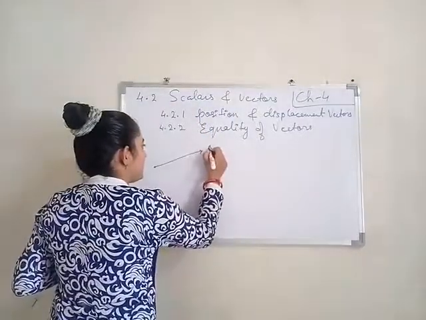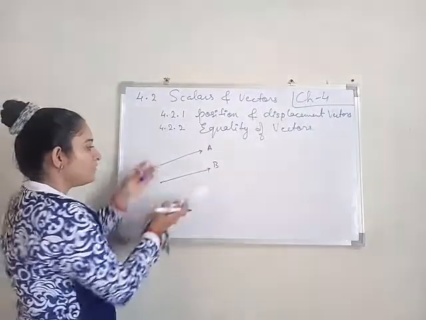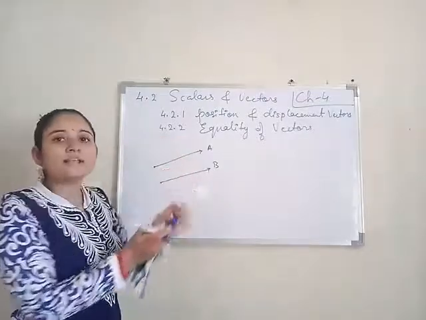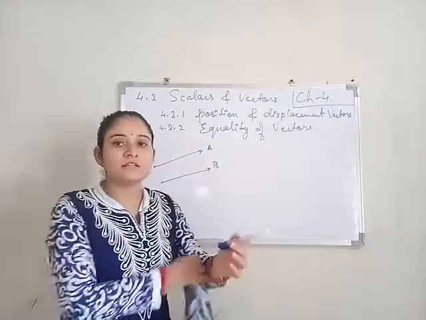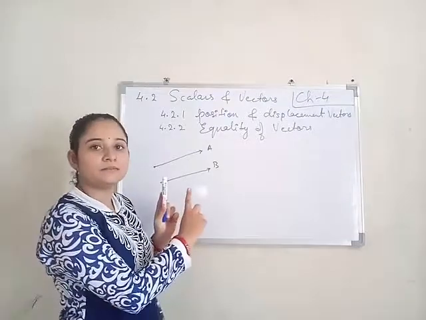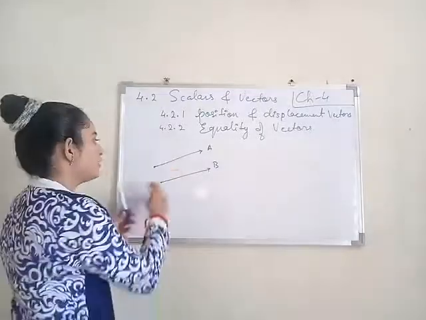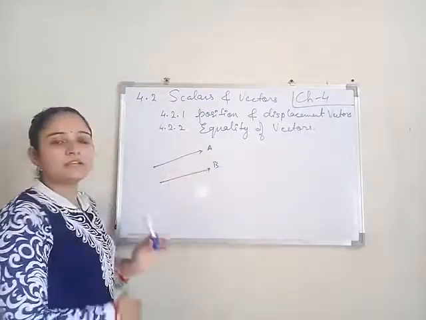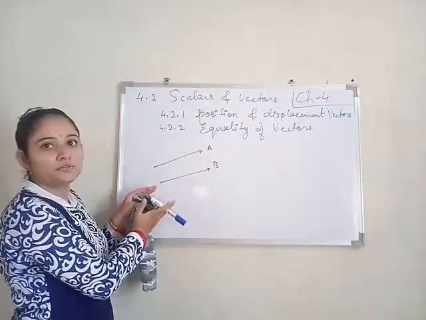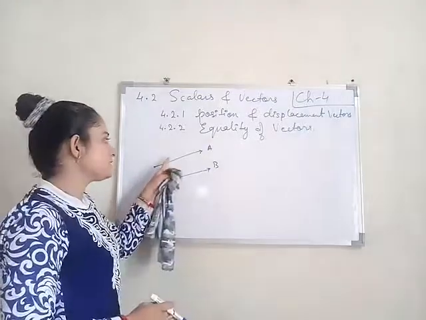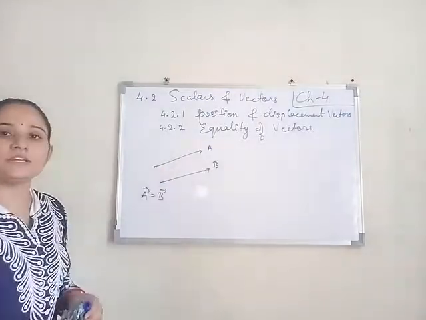If vector A and vector B are in same direction, if we take this or we coincide these two vectors, for example say these are the two vectors A and B. If we coincide them, then it must have both the tips coinciding with each other. So these vectors A and B, which are completely parallel to each other and are in same direction, so this vector A and B are equal. So this is the equality of vector.